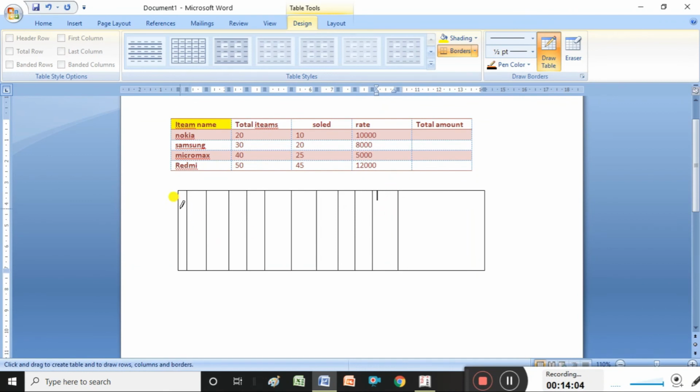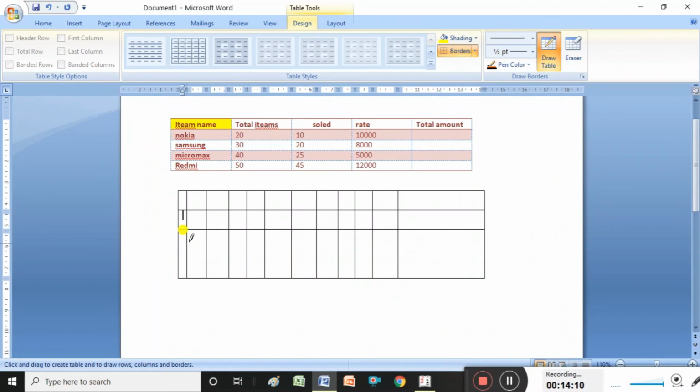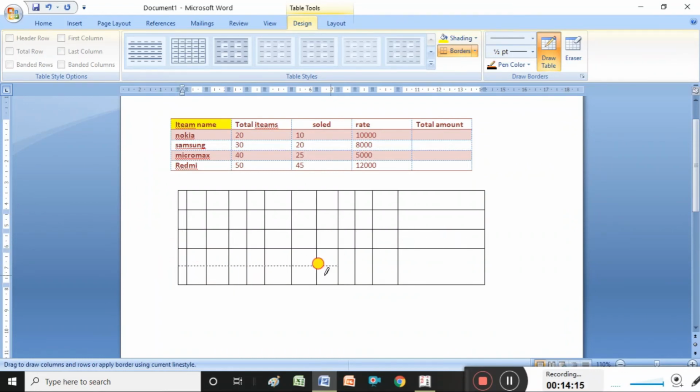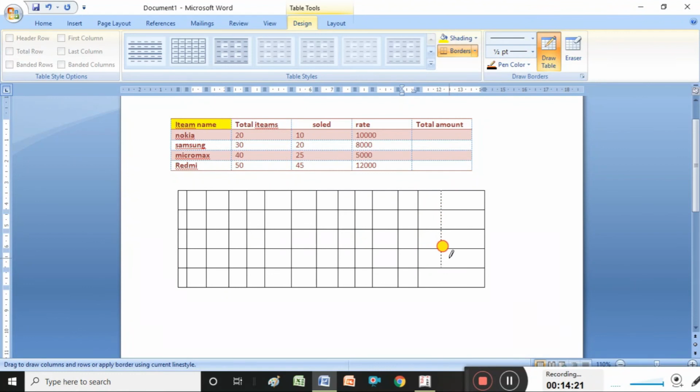So next, see like this. So now I have drawn a table. So now it is possible to erase also.